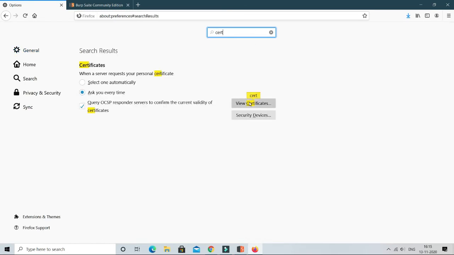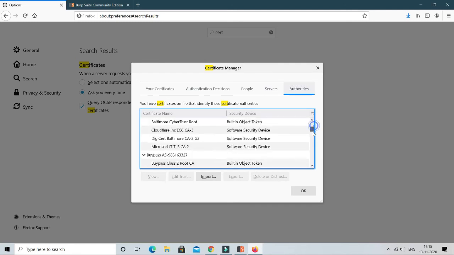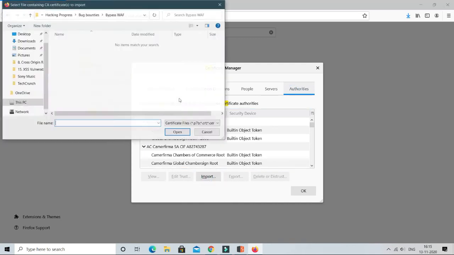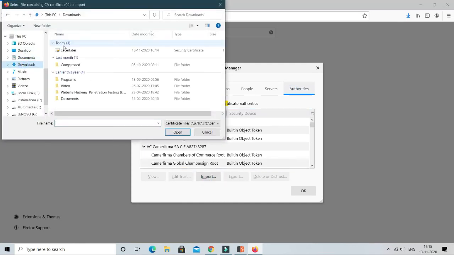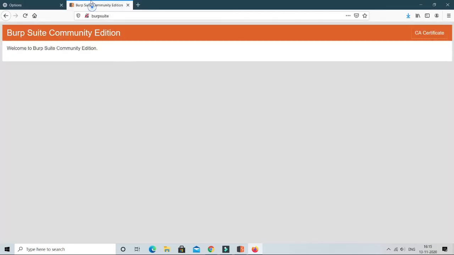View certificates. Now here, go to the authorities and import the certificate. Okay, so import this file. As I have already imported it, I will not import it one more time. Okay, now our PubSuite is set.